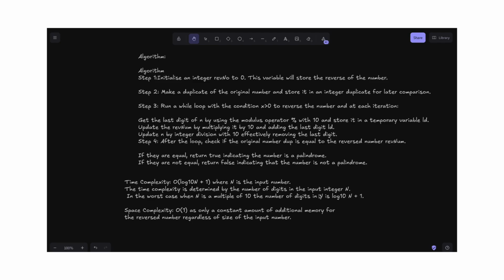So now let's see the time complexity for this. The time complexity will be O of log n plus 1, where n is the input number, and the time complexity is determined by the number of digits in the input integer n. In the worst case, when n is a multiple of 10, the number of digits in n is log base 10 of n plus 1, and the space complexity will be O of 1 as only a constant amount of